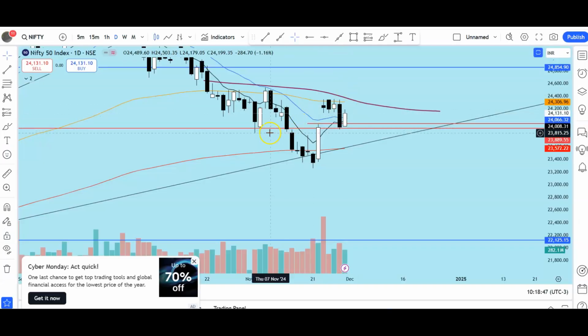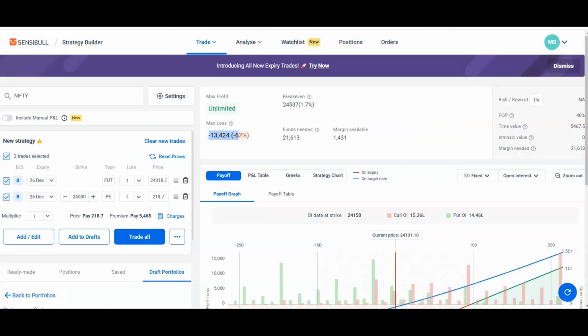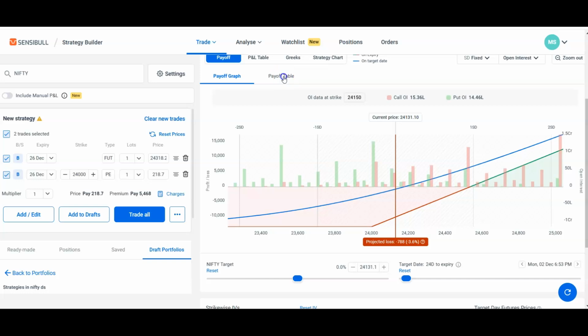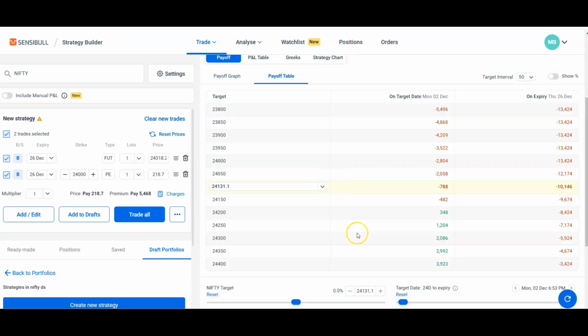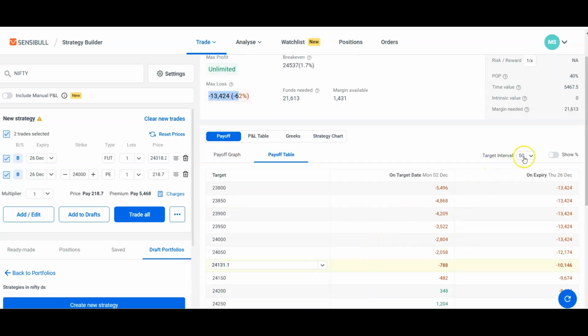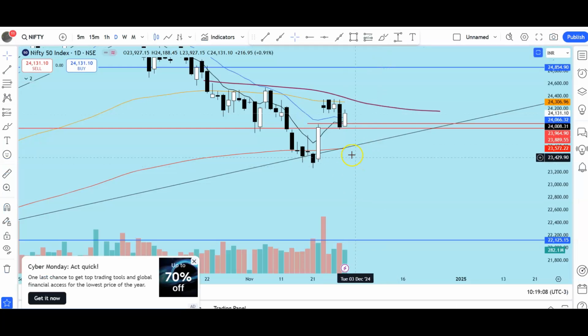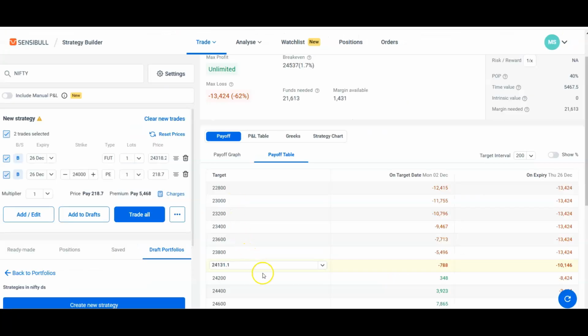Now if you see the chart, my stop loss is below this swing low, 23,250. If my stop loss is below 23,250, what will be the loss on T plus 0? That means on the day Nifty comes to that level, we will change it to 200 points. You can see here, if Nifty comes to